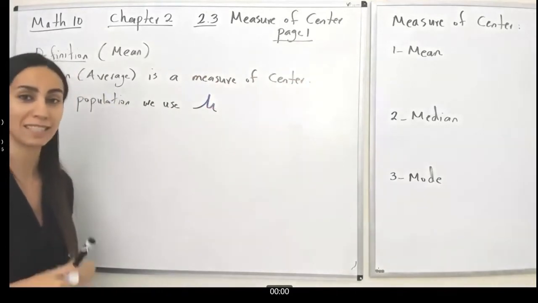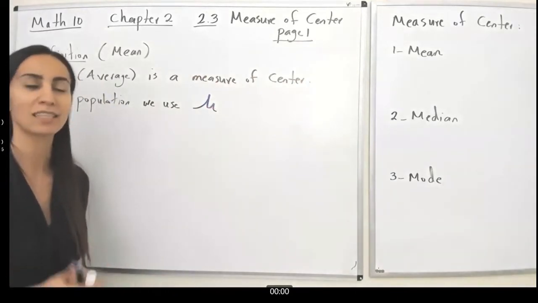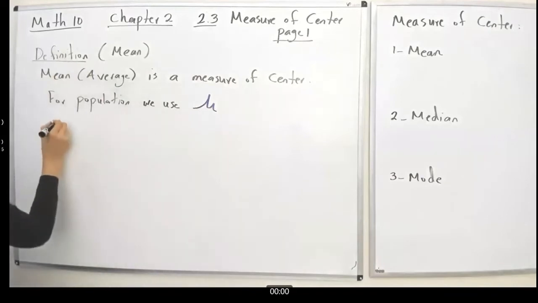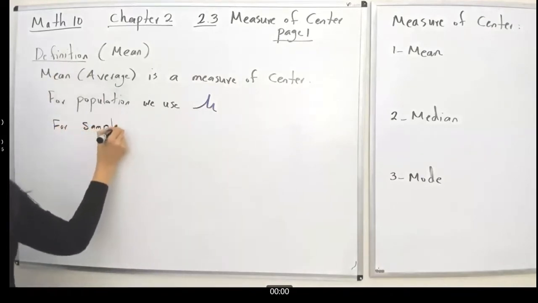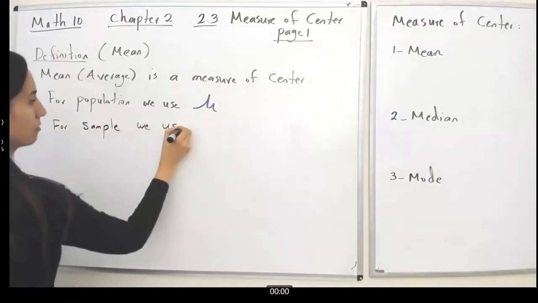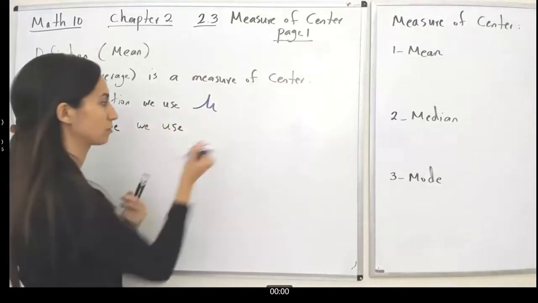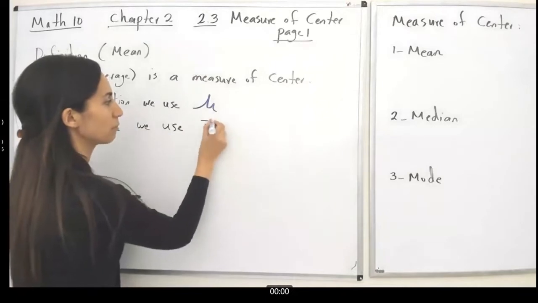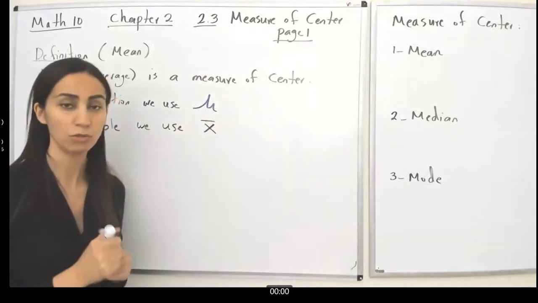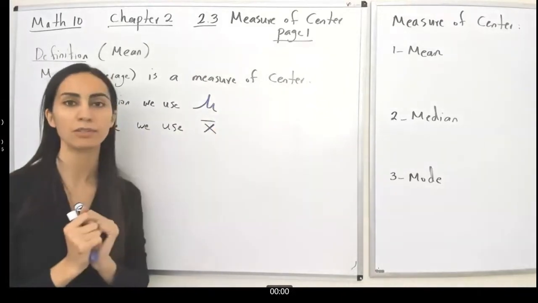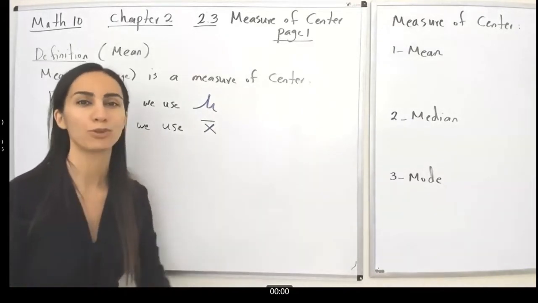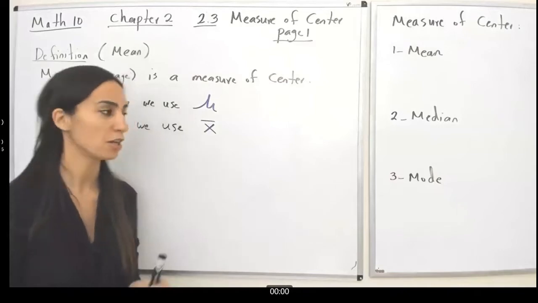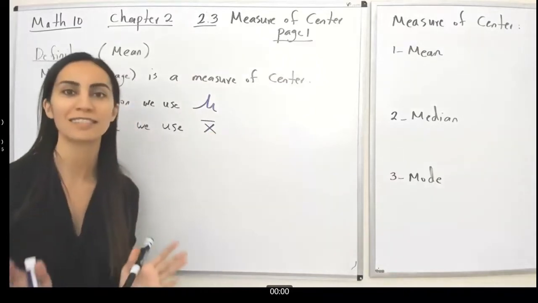And for a sample, we use x bar. By using different symbols, it means that you are either working with